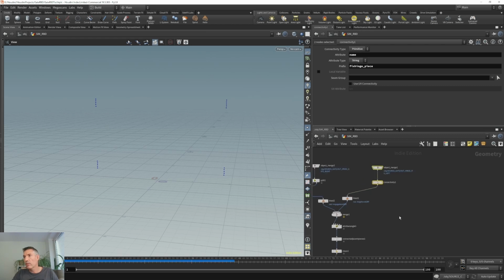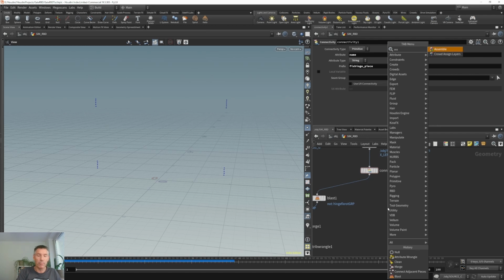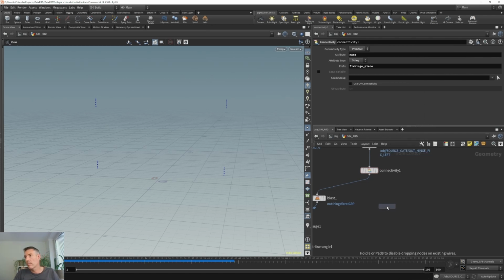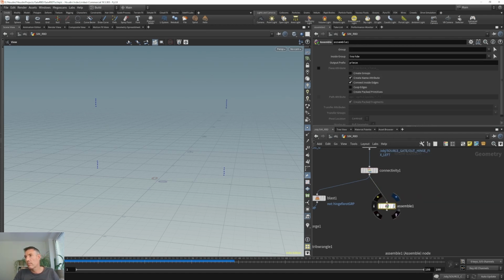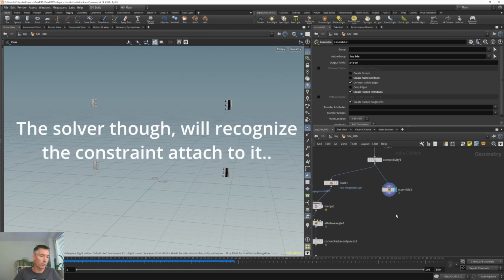So for the others, for the geometry itself, I will pack them, assemble. I don't want to have the attribute names, but I want to have the packed objects. And this will be flying in the air and not participate in the simulation. So I will deactivate it